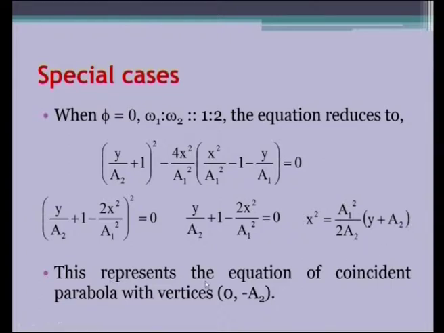This represents the equation of coincident parabola with vertices 0, minus a2. The coordinate geometry concepts help us to arrive at this conclusion. What is the meaning of coincident parabola? There are two parabolas. The final equation suggests that there should be two loops, but here we do not have loops in the final expression when we have the special case of phi equal to 0. So, we conclude that it is the coincident parabola, one parabola resting upon the other, maybe retracing